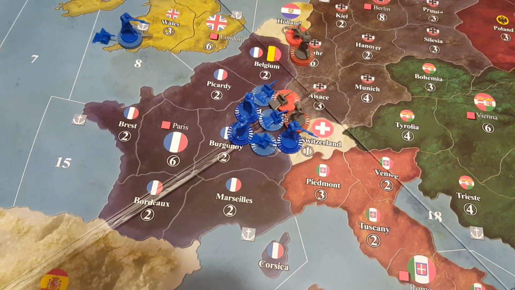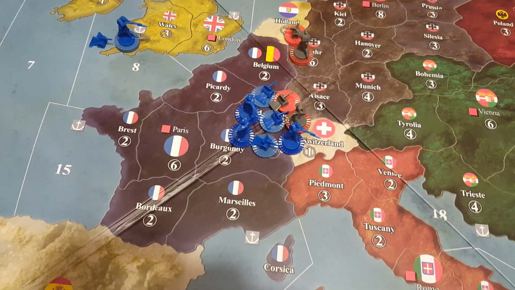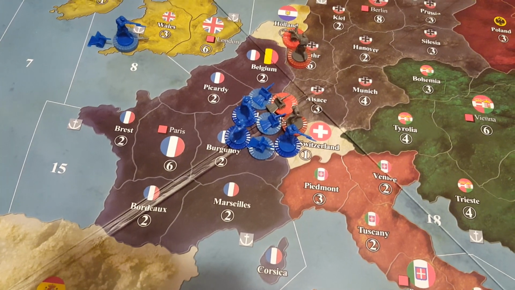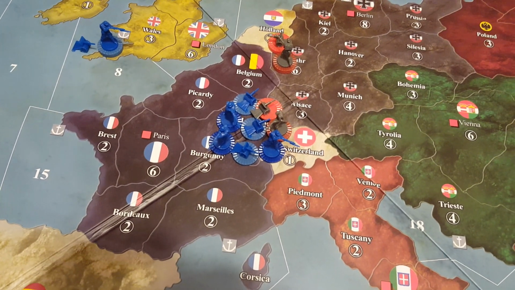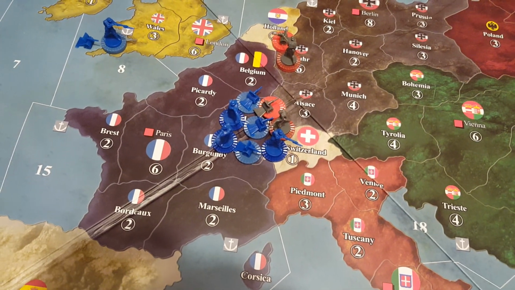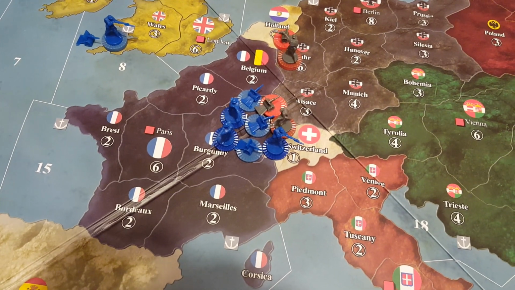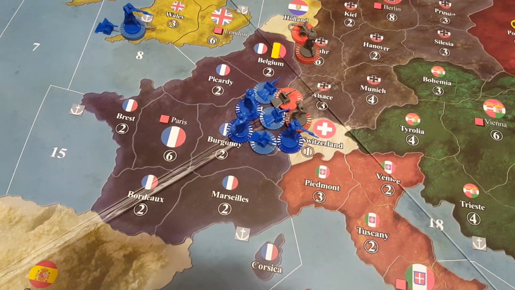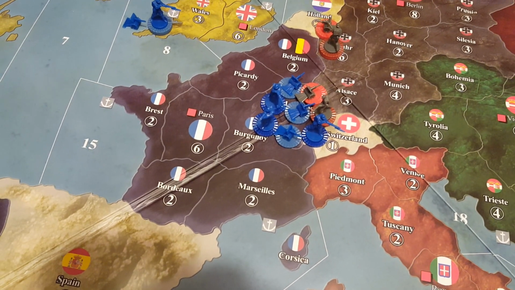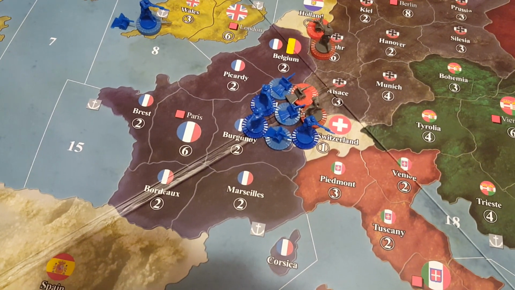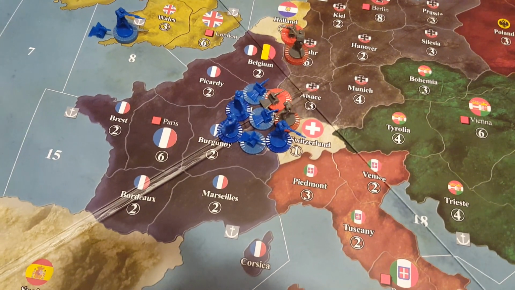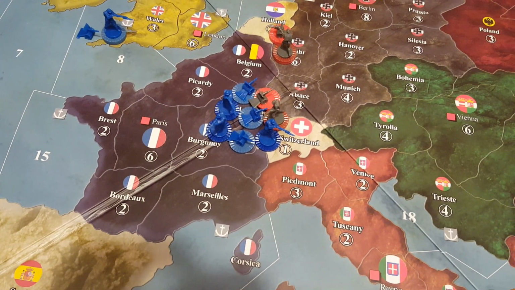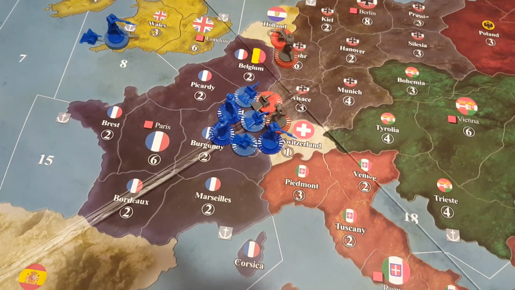Does it want to move them in and just defend? Does it think that's the better tactical option? Or does it make sense, because of the forces coming in, to go and try to attack and kill some more French and try and clear them out? And then if the French have a couple units left, then they can do the same thing on their next turn. They can choose to move guys in, and then they can either not attack at all, or they could